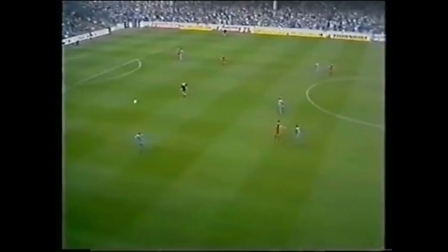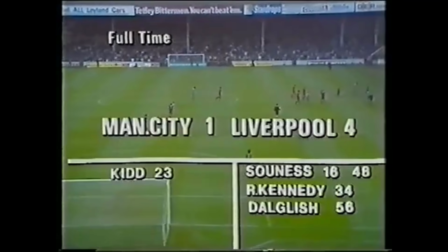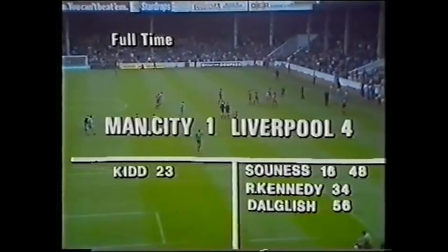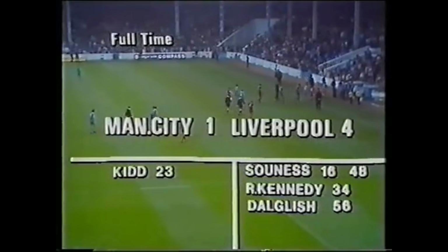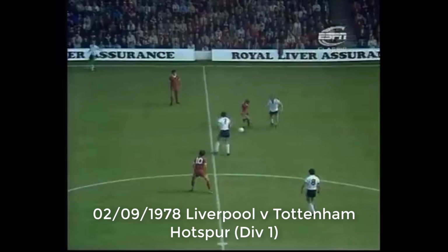Well, City had their chances, but the match was Liverpool's throughout. To call them a machine really is an insult, unless you're talking about a Rolls-Royce. Fine match, a fine performance, and City under strength, doing well to stay in there. They weren't disgraced. I can't think of any other team who would have held Liverpool on this sort of...